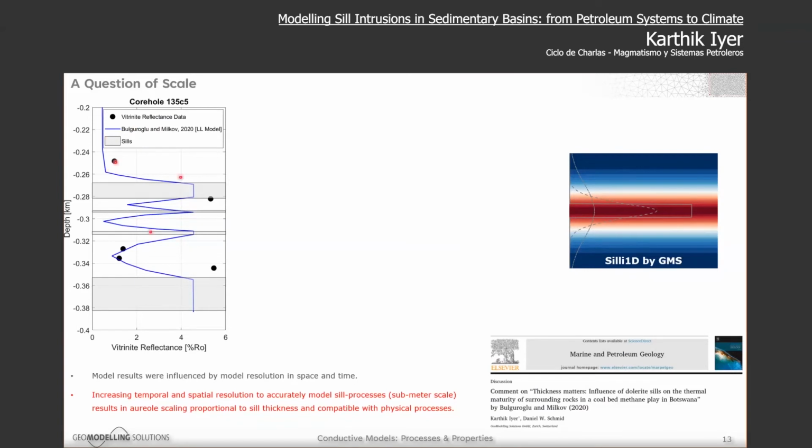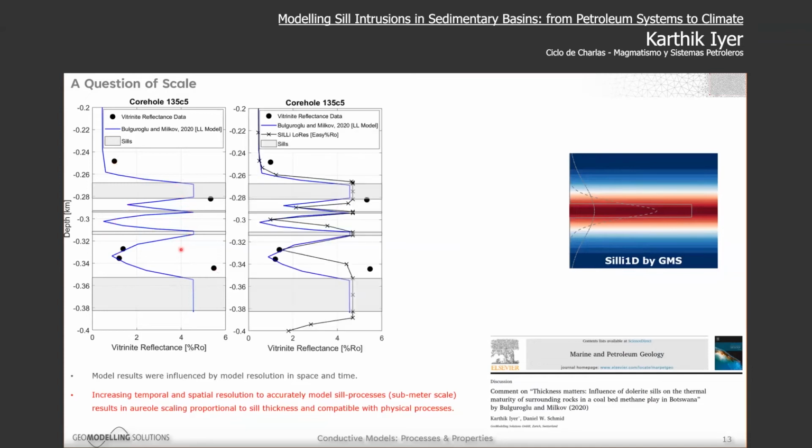These are the vitrinite reflectance data from their paper, and this is their curve that was published, where they say these thin sills have very large aureoles, which are defined by these points here. We took it into a model and purposely made a very low resolution model. And as you can see from the low resolution black line, we also somewhat get their results. We don't know what resolution they exactly used. It was not defined, so we had to make up our own, but we used a low resolution which we knew was not really suitable. But we are also getting very, very thick aureoles for the thin sills.